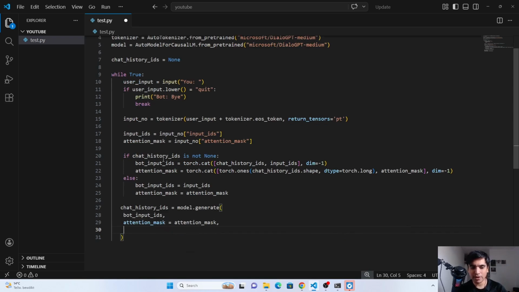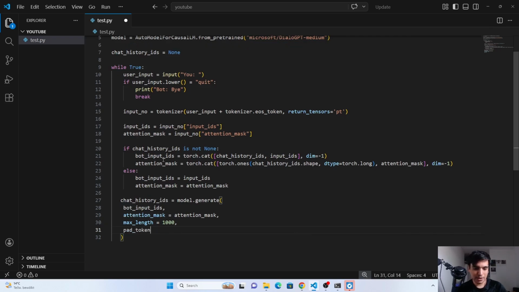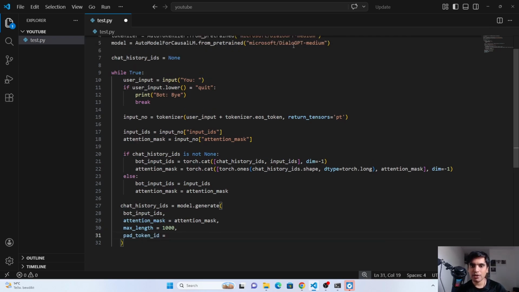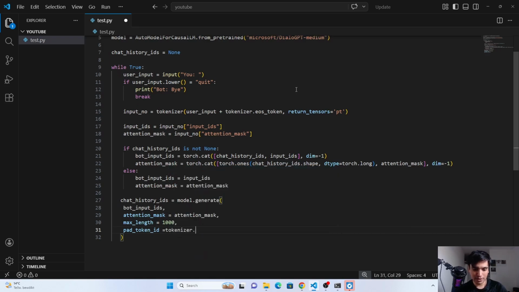The next variable we have to set is the max length. So we have to tell the model the maximum length of the input plus the generated output. So I am going to pass 1000 here. The bigger this number is, the slower the response of the model is. The next variable we have to set is the pad token ID. This DialoGPT model does not have any separate padding token, so it reuses the end of sequence token. So for this you have to call the tokenizer here dot eos, end of sequence, underscore token underscore